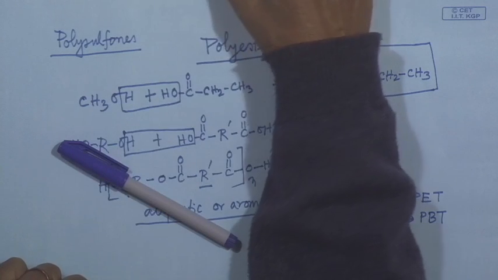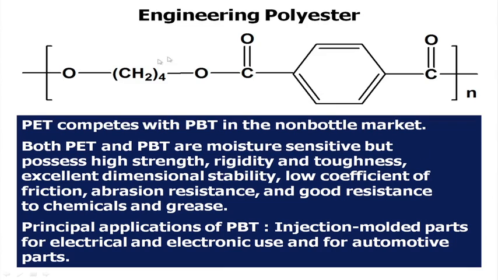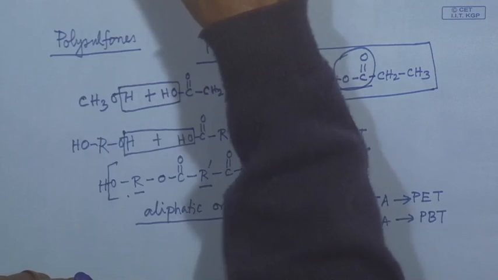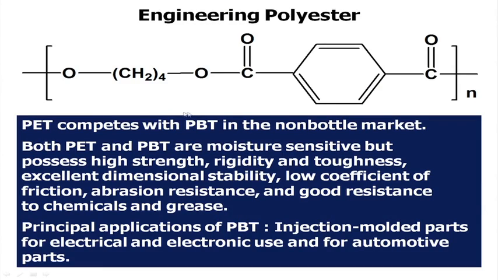You just have a look into the formula of this polyester. This butylene glycol is condensed with terephthalic acid to form this PBT. This is the PBT formula, and if there are 2 methylene units, it will be PET. Now, PBT is supposed to be more flexible than